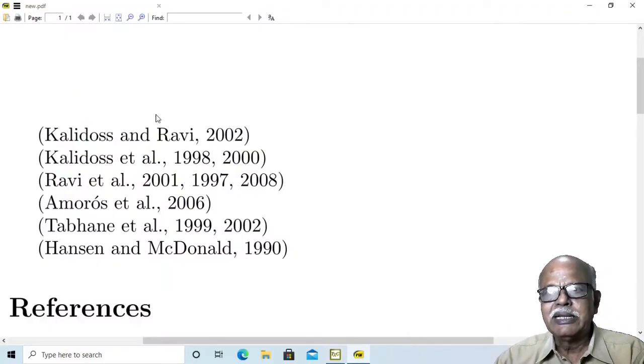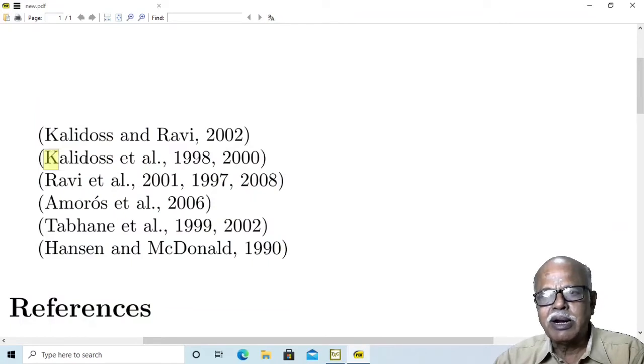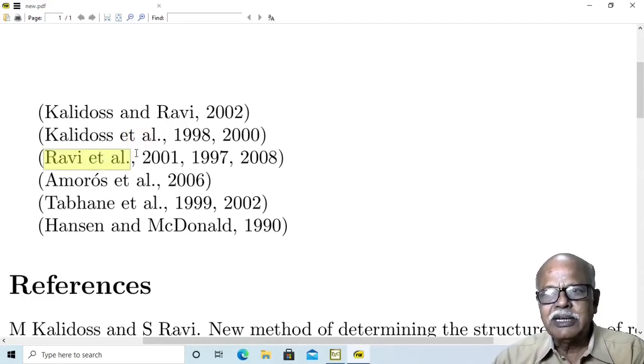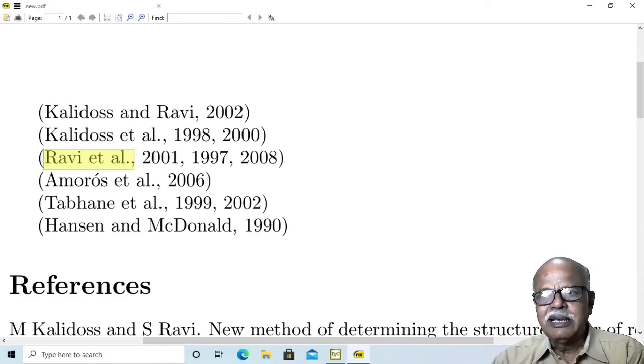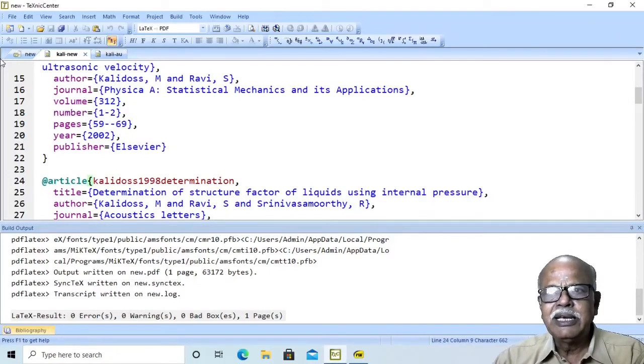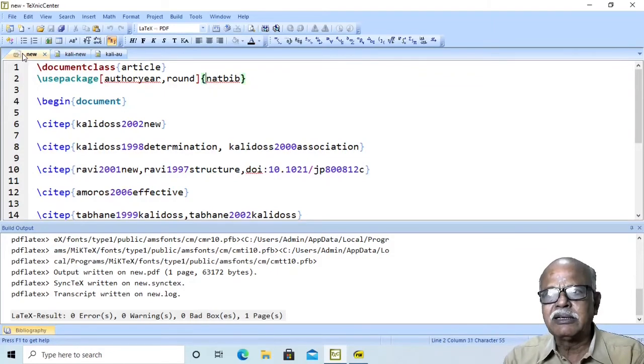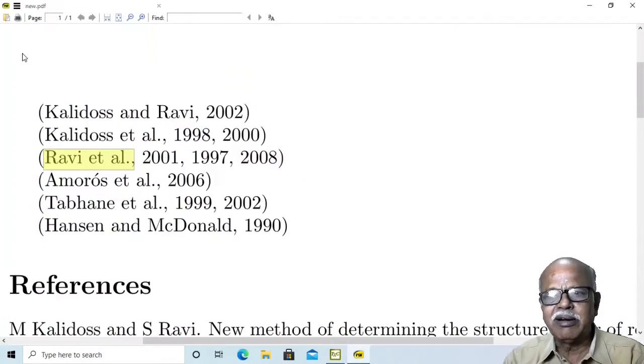However, in the output, you will have automatically the words et al. appearing if the number of authors is greater than 2. Similarly, for other cases, if you consider the third case, Ravi et al. 2001, 1997, 2008, the years seem to be not in order. If you give here sort, automatically they will be in order.